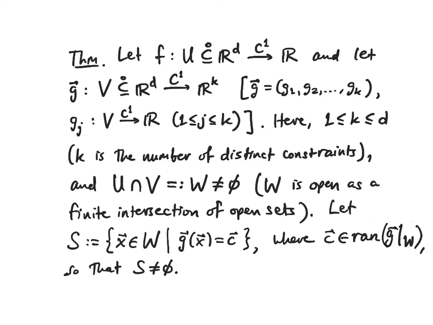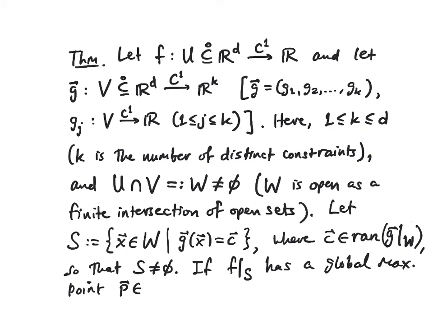Okay, and then we're going to say that if the function f restricted to the set S has a global maximum point P in the set S, or a global minimum point, let's say Q in S, or the min, then one may simply not exist, and then the candidate, then P and or Q, whichever we know to exist,